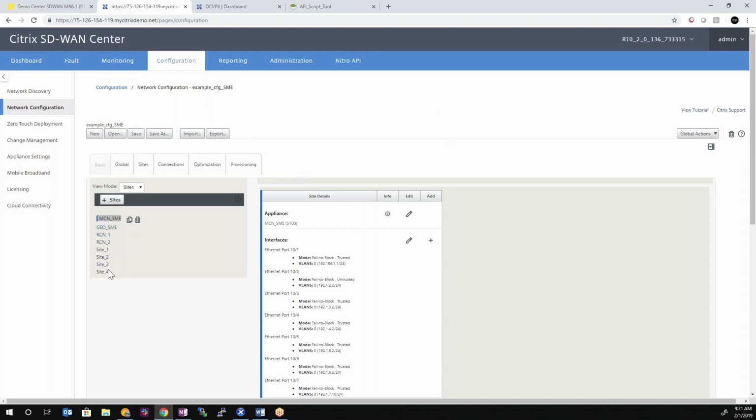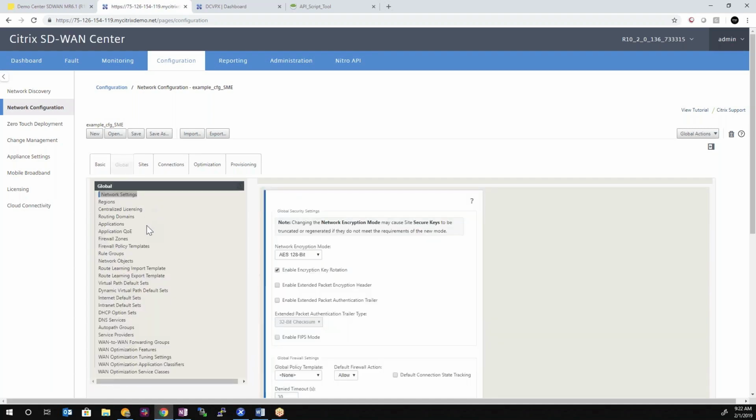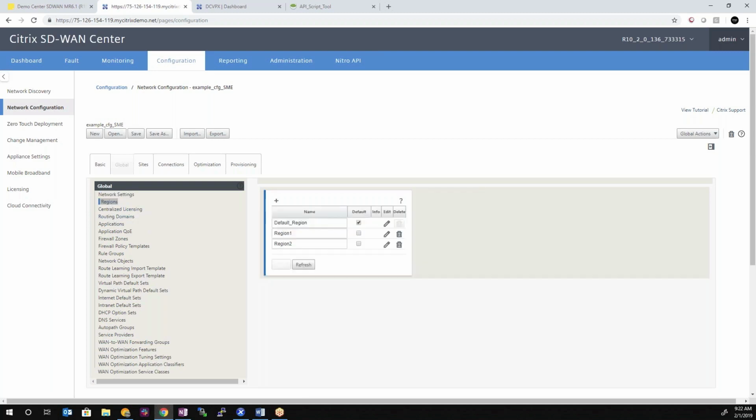We can see that the API call has successfully created an MCN, a geo MCN, creating 2 RCNs. So it created 2 regions and 2 RCNs and defined 2 sites per RCN. Additionally, we can look at the global tab and see where the configuration was defined in terms of the regions added,